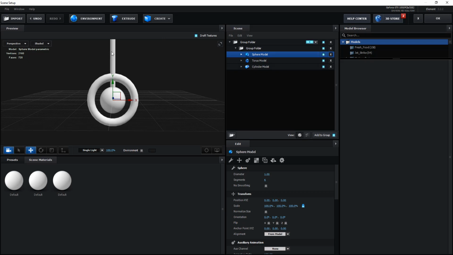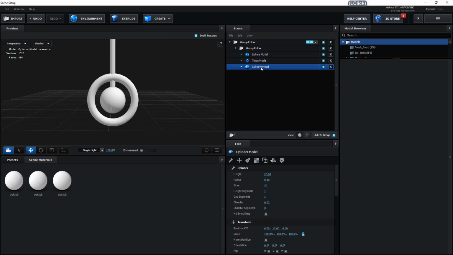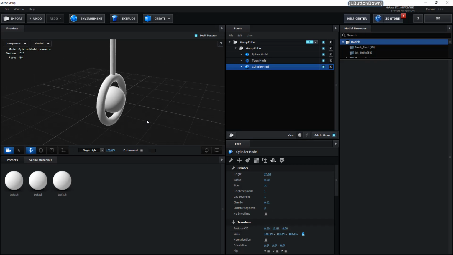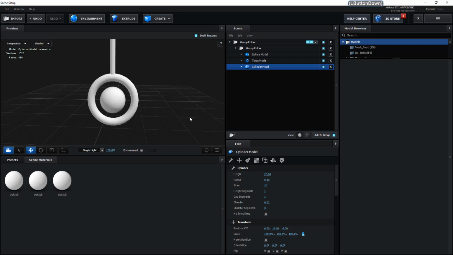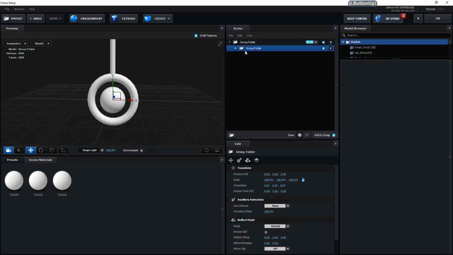Now we have to rearrange the cylinder we made, so select the cylinder and increase the Y position. Make sure it doesn't peek out from the torus, or that it isn't disconnected. You have to insert it and look around, and everything is okay. Now it is okay.